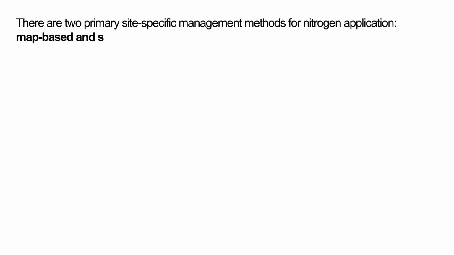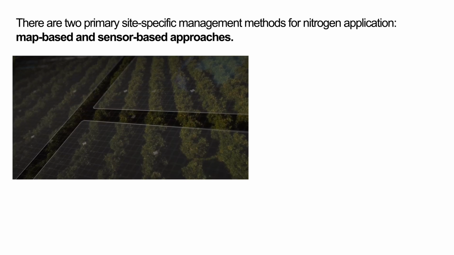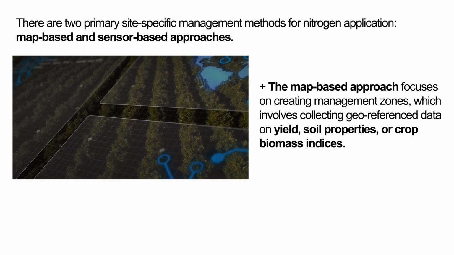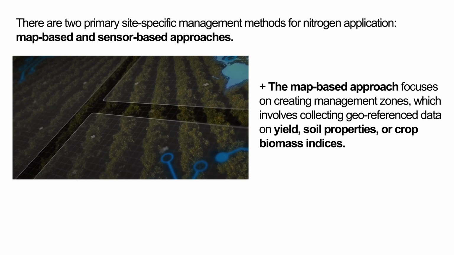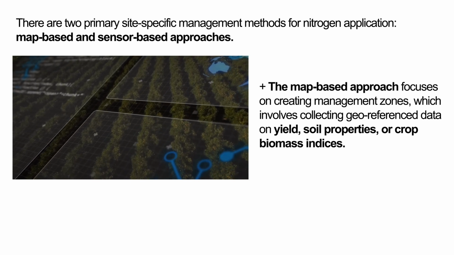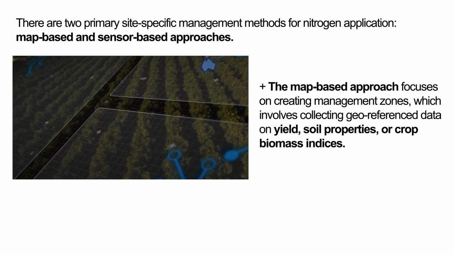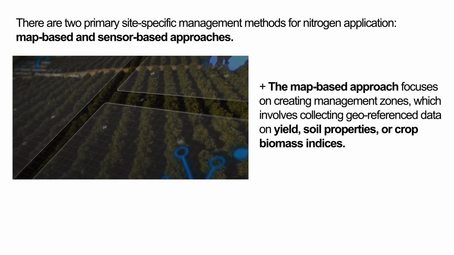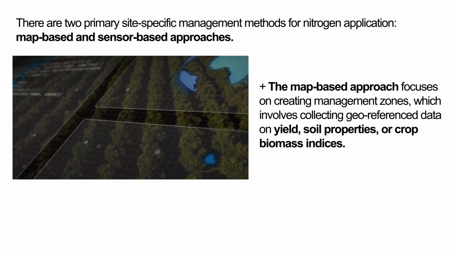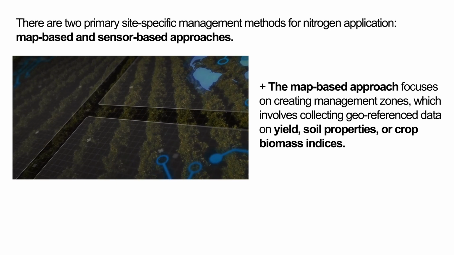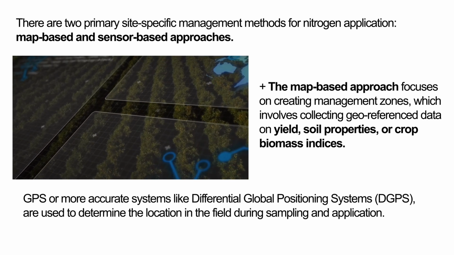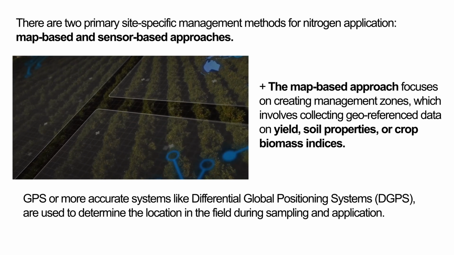There are two primary site-specific management methods for nitrogen application: map-based and sensor-based approaches. The map-based approach focuses on creating management zones, which involves collecting geo-referenced data on yield, soil properties, or crop biomass indices. The data is analyzed to generate a site-specific map of properties, which can then be used for variable rate applications. Spatial data on soil and plant properties can be obtained from aerial or satellite imagery or soil samples. GPS or more accurate systems like Differential Global Positioning Systems, DGPS, are used to determine the location in the field